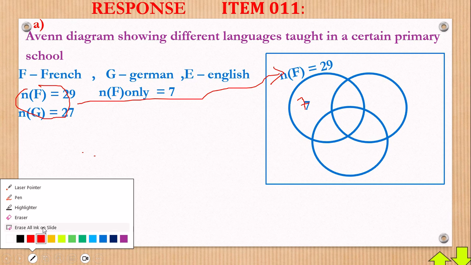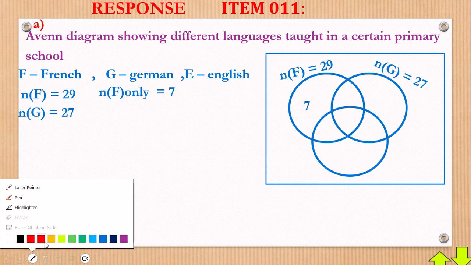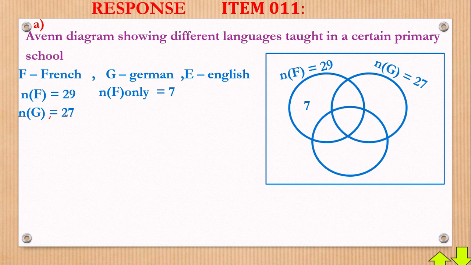So you put the number in German right there. Now number in German only will give us a 9, and it will appear around here, in this part, and we have our 9 there. Okay, great. Let's proceed. Those who speak English are 30.